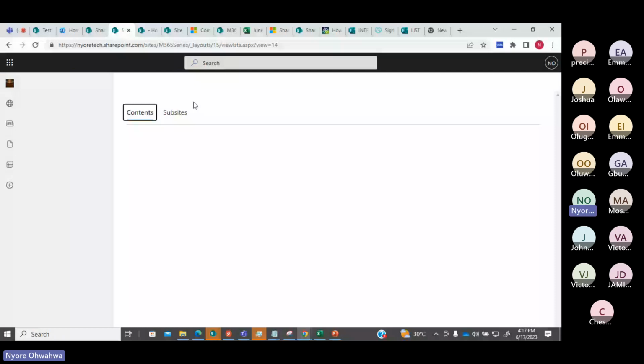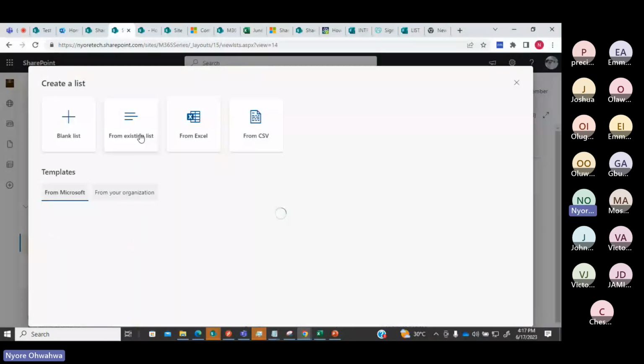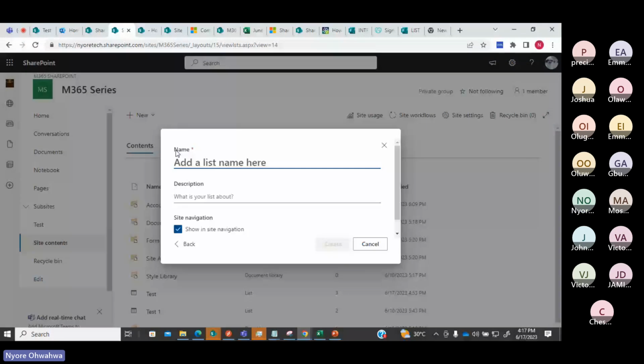So we're going to create a list called employee data. I can give the list a description, get users information, and then create.